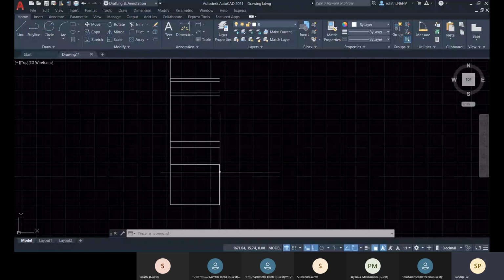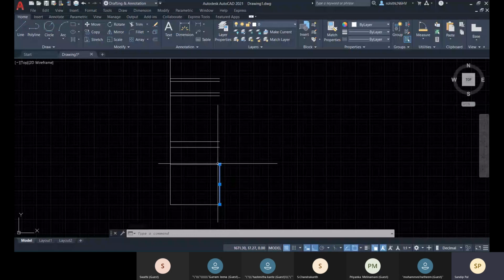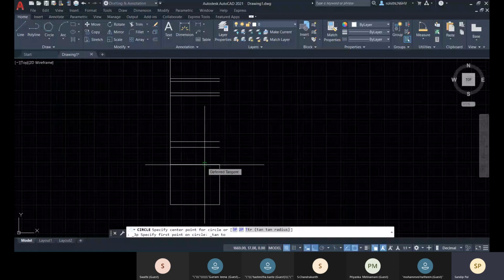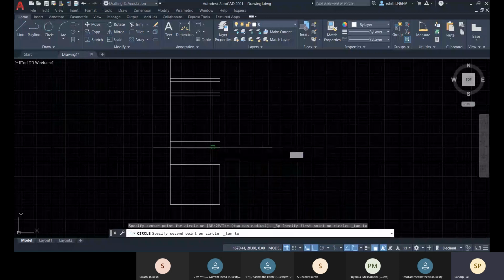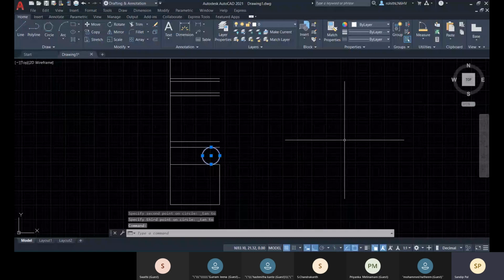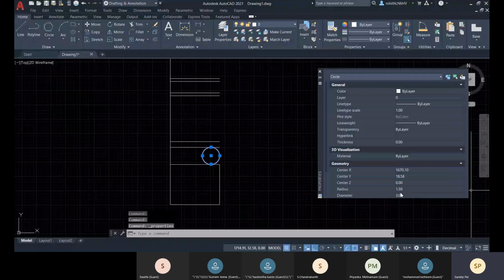So you can see that if I increase this line, the curve is tangent with this vertical line and these two horizontal lines. Okay, so you can simply go for tan tan tan there, select this first object, then second object, then the third object, and here you can see is done, and you can check the radius is 1.5 there.